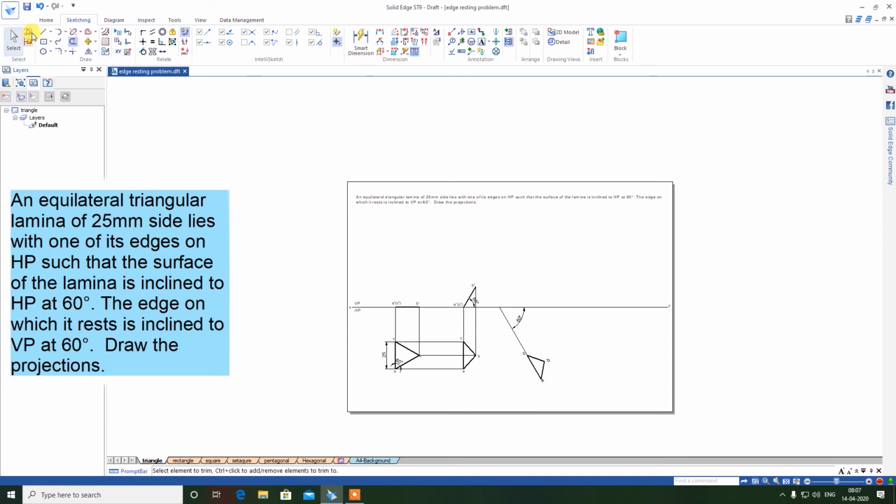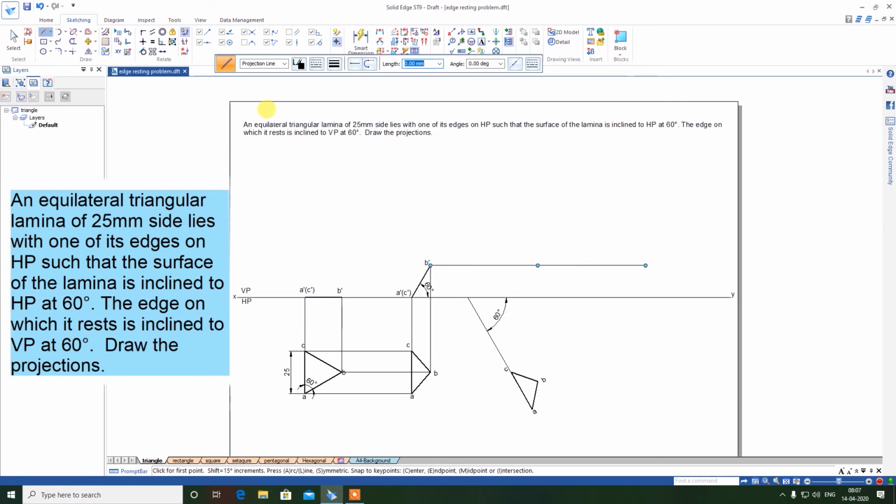For that, I simply draw one position line from B to here. Okay. Now take line, thickness 0.13, start from A. I am drawing the position line. Where is A? A is on the XY line. Till that I draw the line.